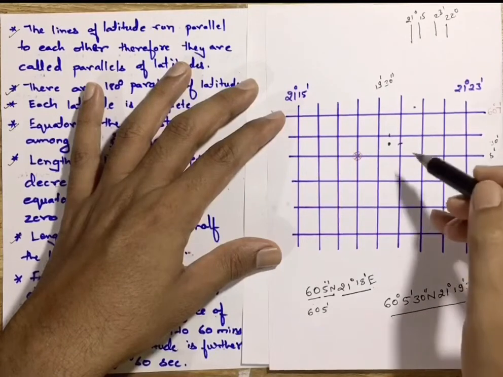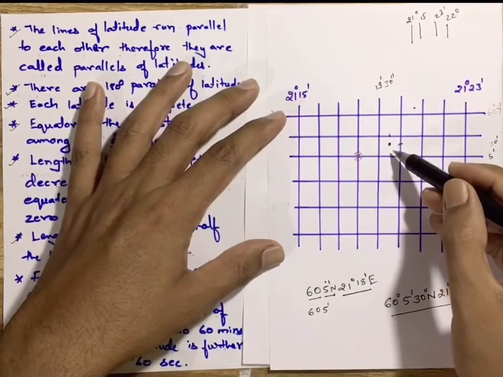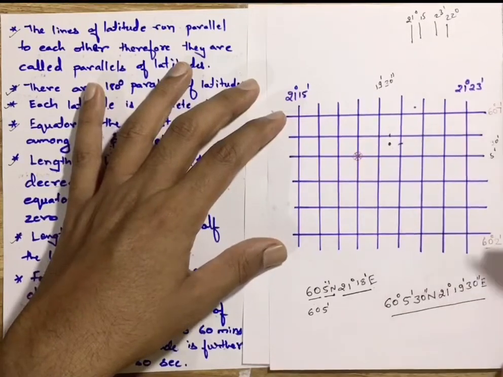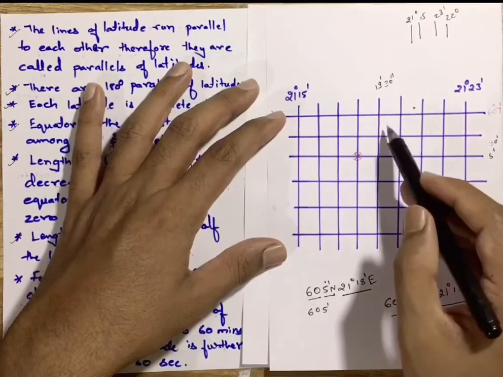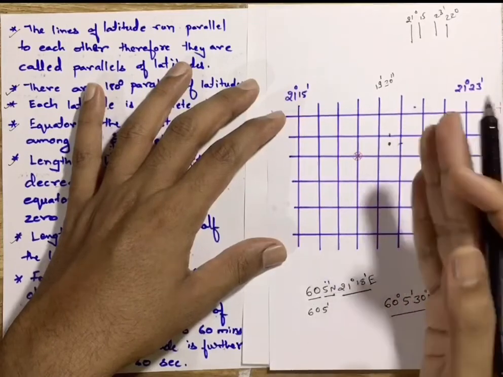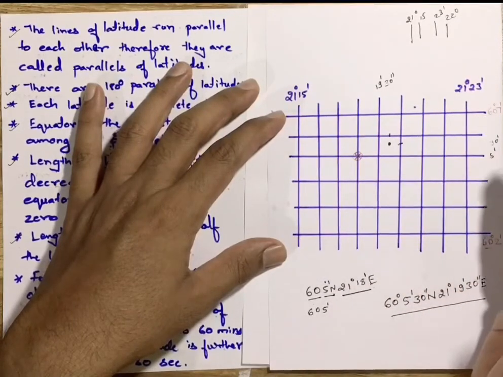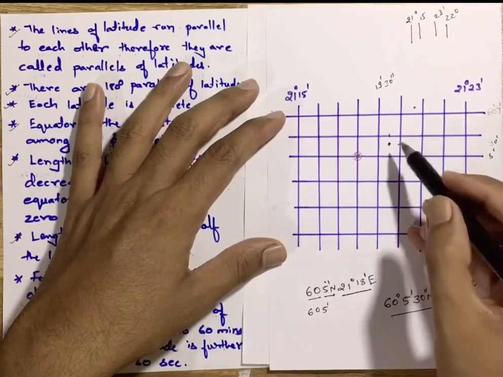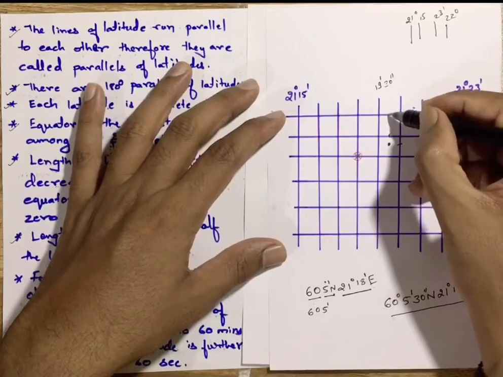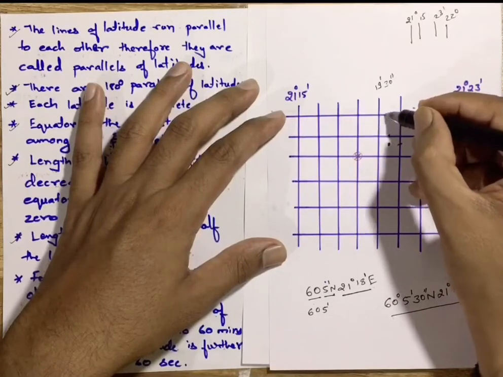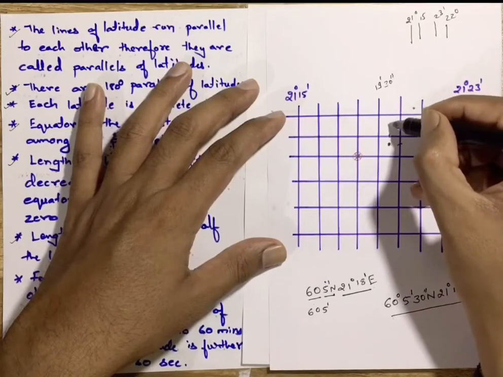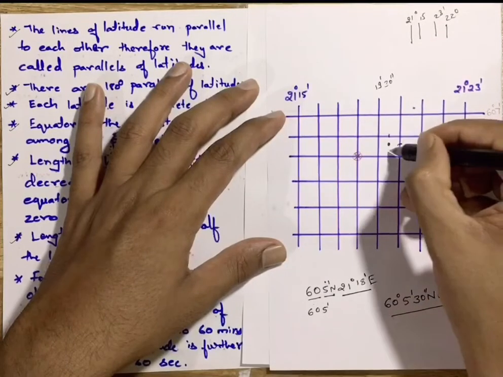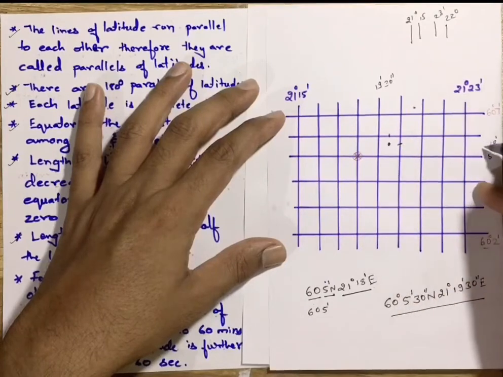Furthermore, suppose it lies somewhere in between again. Now again it becomes a big problem to find out the location of this. Again, this single minute is further divided into 60 equal divisions, that is 60 seconds. Now purposely I have done it in the middle so that we will come to know that this is, say, half of this gap, right? So if it is divided into 60 divisions, this is roundabout 30, right? So this is a 30-second line. The same way with the latitudinal position, this is a 30-second line.